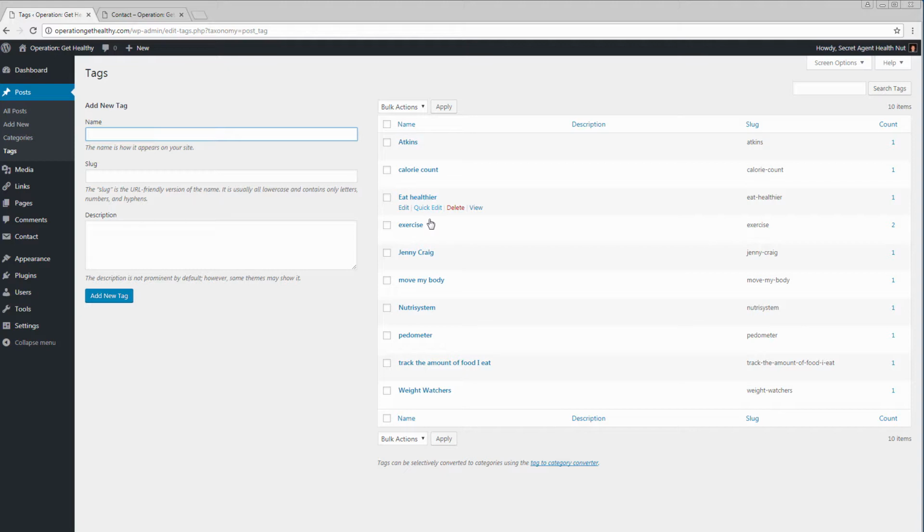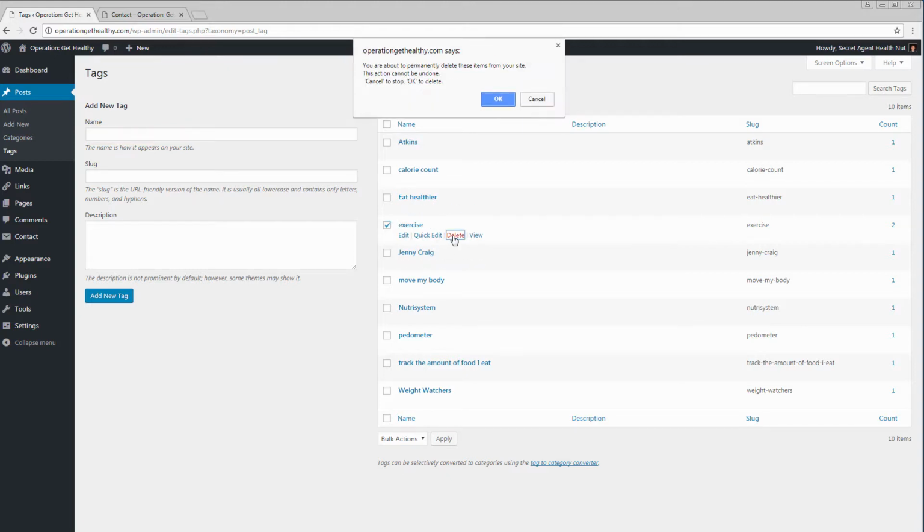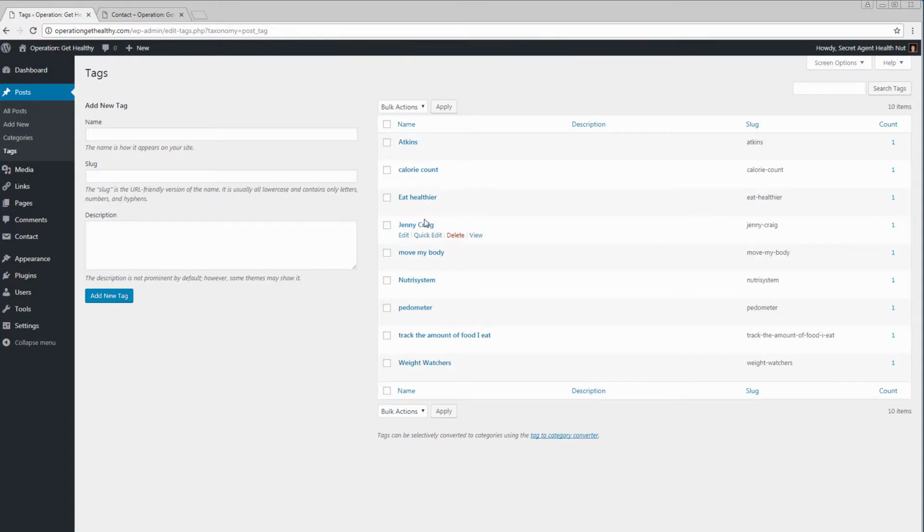So here, calorie count. Now exercise, I want to delete this one because I don't want this to be a tag, because it's a category. Goodbye. Move my body, all this other stuff. Move my body to me sounds like exercise. Pedometer, okay, that sounds good, like it's a tag. Track the amount of food I eat. Weight Watchers, eat healthier. Well, I think we have eat healthier as part of the other one, so let's get rid of those two. So I selected more than one, so I'm going to go to bulk actions, delete, and